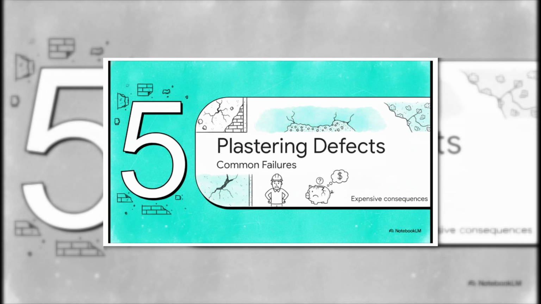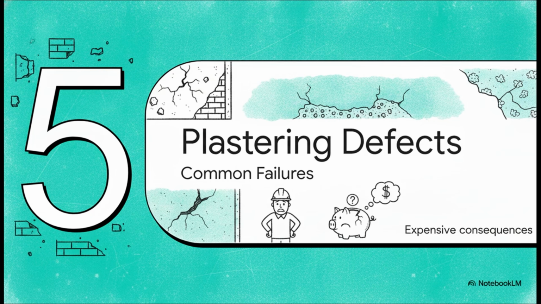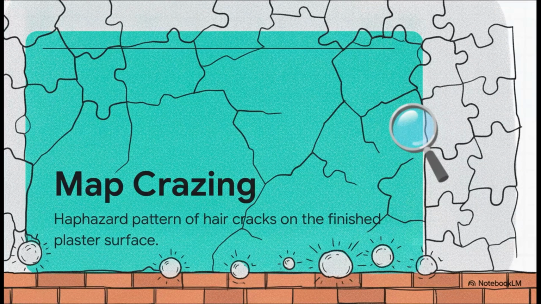Section 5, Plastering Defects and Failures. So what are the severe, highly expensive consequences of ignoring all these QA/QC steps we just talked about? According to IS 1661, skipping your preparation leads directly to defects like map crazing. That's that really unsightly, haphazard pattern of hairline cracks you see across a finished surface. You'll also encounter blistering, which is where intense local forces actually cause the final coat to swell and rupture. Both of these disasters happen simply because there was an inadequate mechanical key between the plaster coat and the masonry